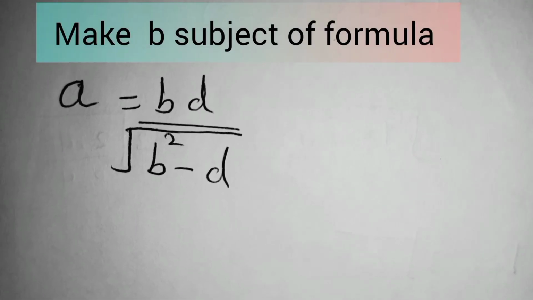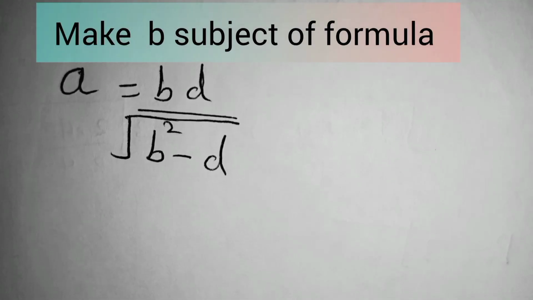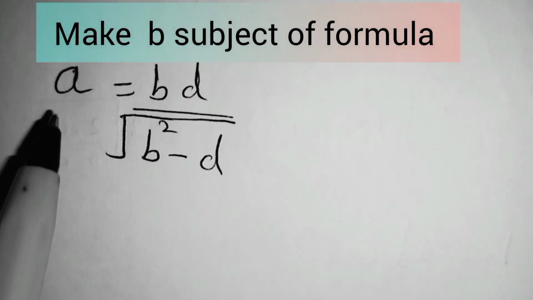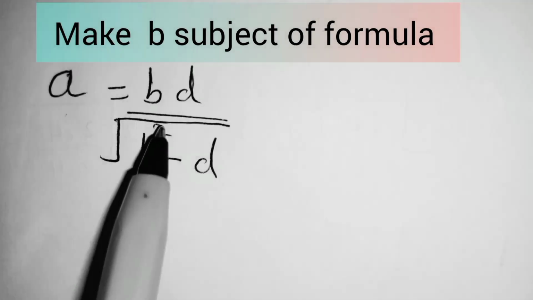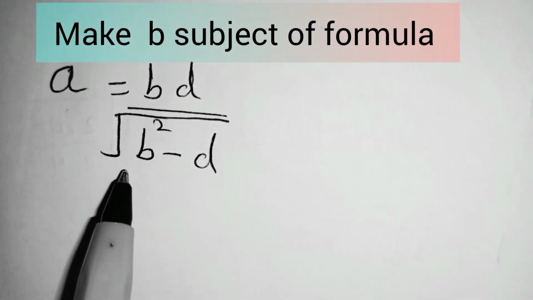In this video, you are going to make b the subject of the formula. How do you do that? So when you consider this given equation, a is equal to bd divided by square root of b squared minus